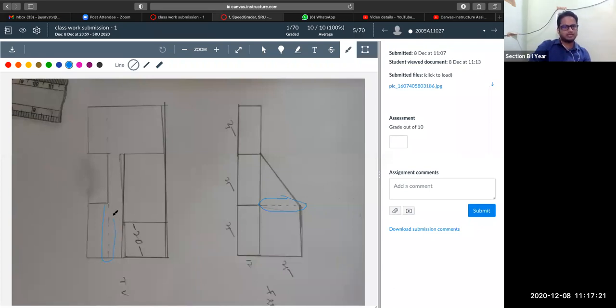So let's check it out from the top view. Is there any hidden line over here? These two dash lines you have used, so let's check. If we are looking at this object from the top, do we have any line over here that is hidden? No, there are no lines like that. So there is no meaning of putting these hidden lines over here. Rest everything is correct and perfect.